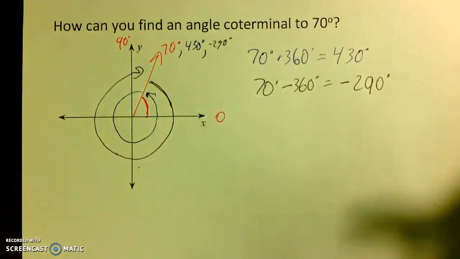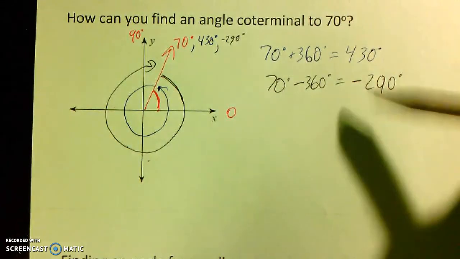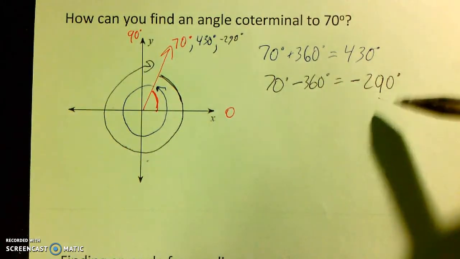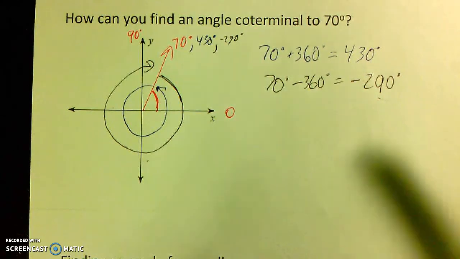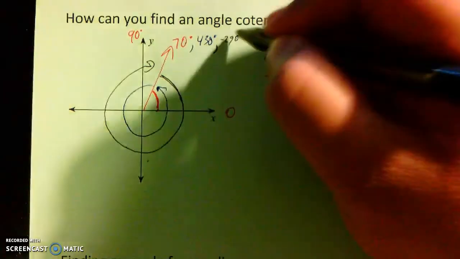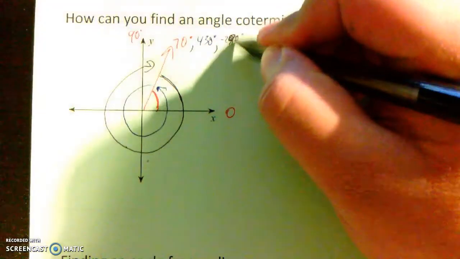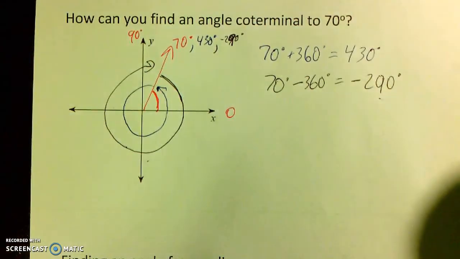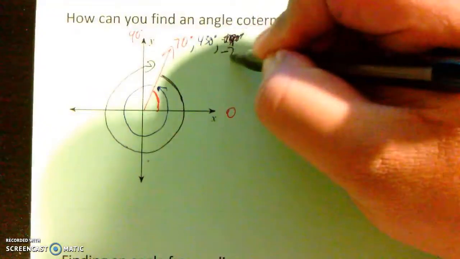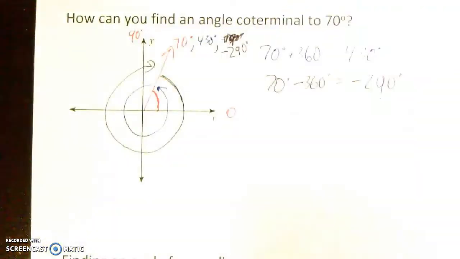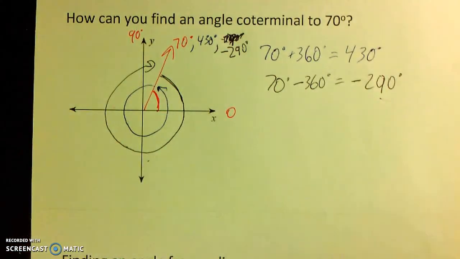And you could keep doing that process over and over and over again, right? You can keep subtracting 360. You could keep adding 360. And you're going to find more and more coterminal angles, which are just angles that are the same. That's a sloppy 9. That looks terrible. Negative 290. So anyway, you can find an infinite amount of angles that are all the exact same angle, which is very